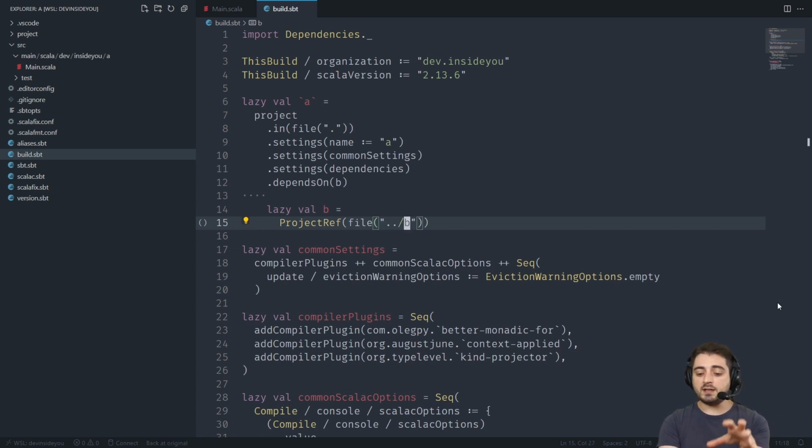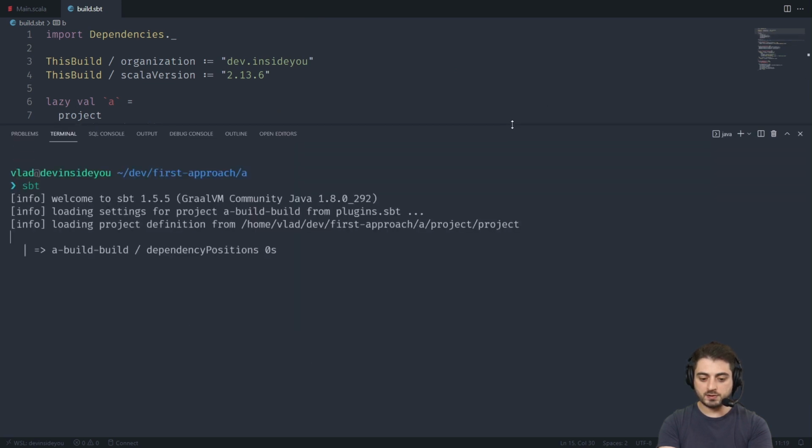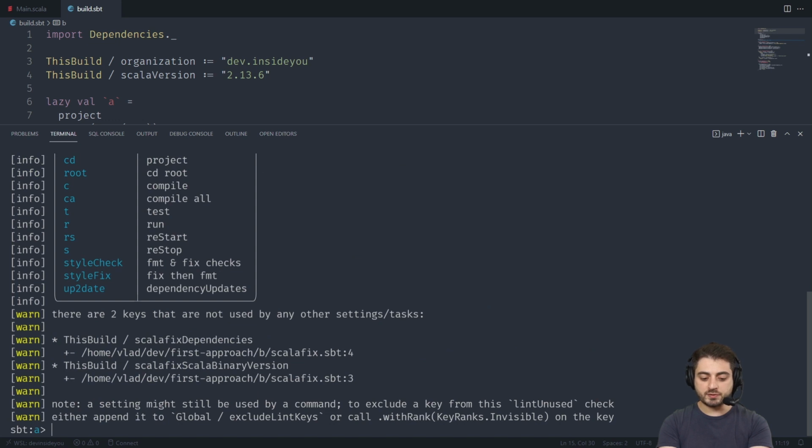Okay, and then inside of it, right, this could be a multi-build, so it could contain multiple project definitions, multiple project IDs. So we need to specify which one we want, and we want the B, and that's it. Okay, so we can save this, and this is already enough to create this connection. So now let's create more space and launch SBT over here like this. Maybe create a little bit more space as well, like this. We can ignore those couple of warnings that are relevant for us today.